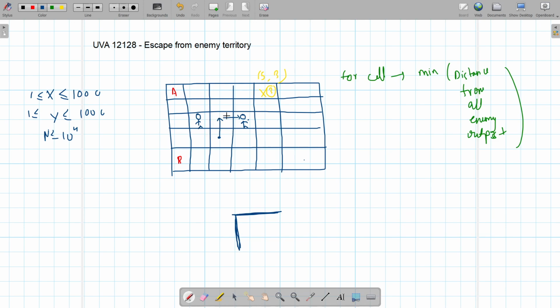Now, how would a BFS help us in calculating these values? Think of it like this. We want to calculate the minimum distance from every enemy outpost. So suppose I start a BFS, and initially I place these two enemy outposts in my BFS queue. That is, in my queue I place the index 2 comma 1 and 2 comma 3,